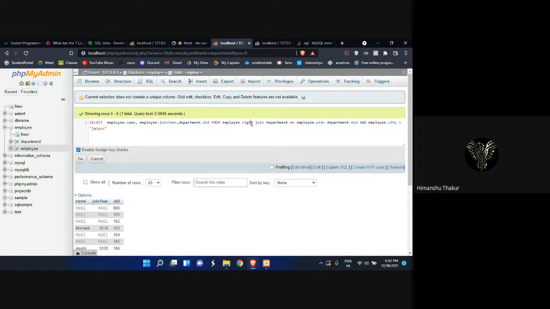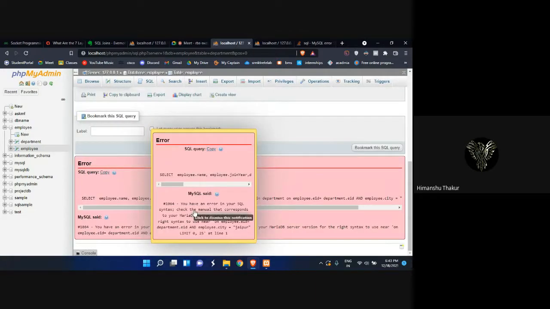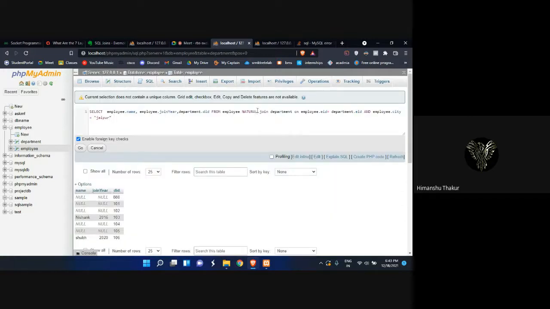Okay, and with natural join we cannot put a condition. Natural join simply gives the values of the matching attributes. It automatically checks the matching attributes and gives the value.